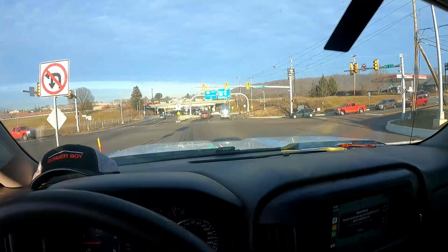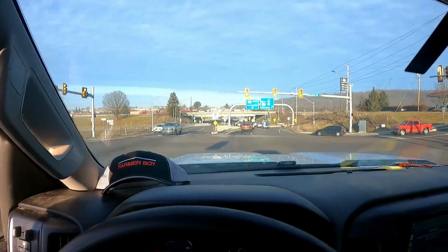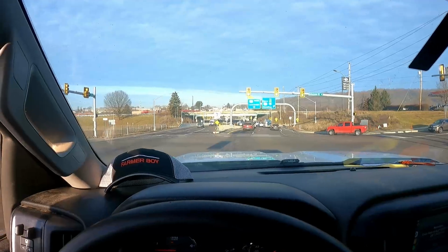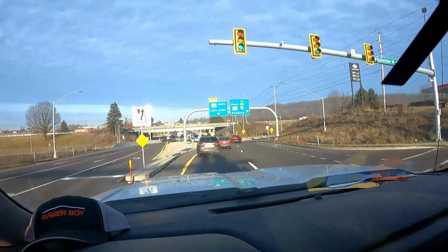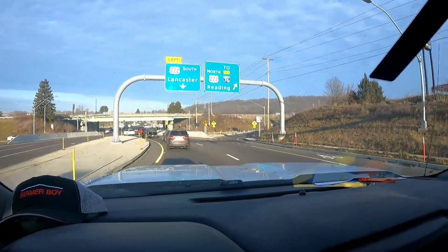All right, all loaded up, headed home. This right here is the strangest intersection that there ever was. They have all these lights and the traffic actually crosses each other. So you do this like zigzag twisting pattern. Look at this. So we're currently on the right side and then we're gonna zigzag